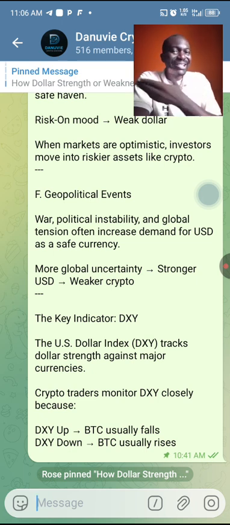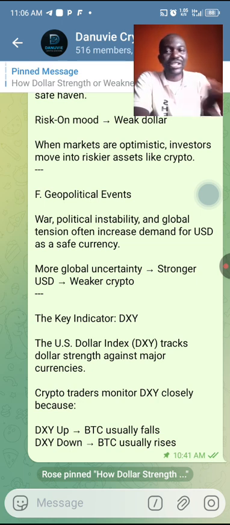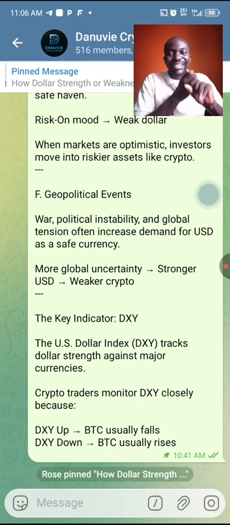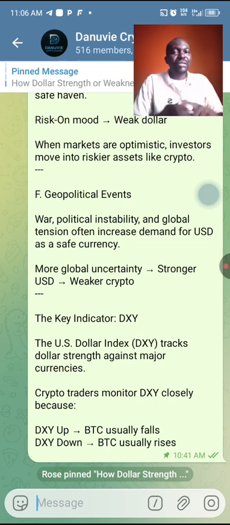Exactly. Like the war going on in Russia and Ukraine now, because whenever there is war in a country, the value of that country's currency goes down. Number one, nobody's going to be working, there's not going to be job employments going on, the job numbers are going to reduce, their GDP is going to drop, the strength of their economy is going to drop because of the demolition and the bombing and the killing of people. So